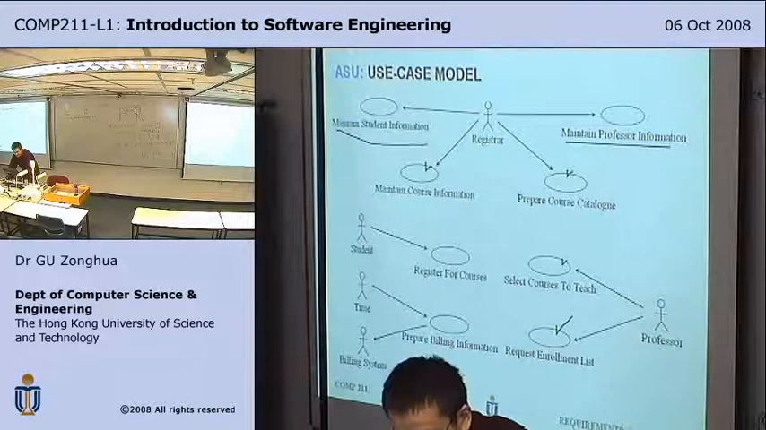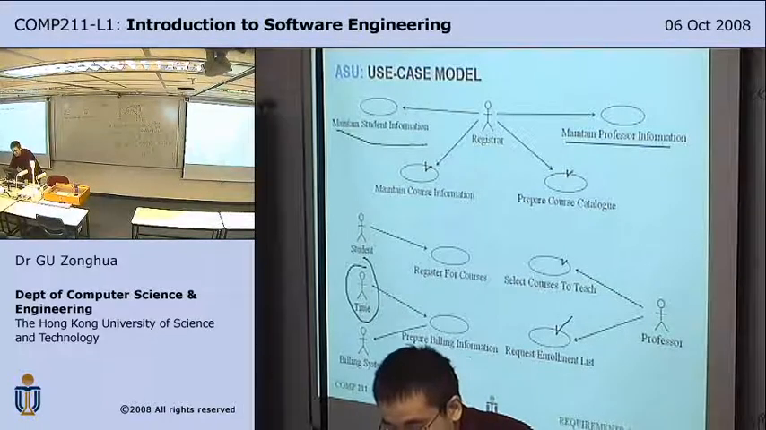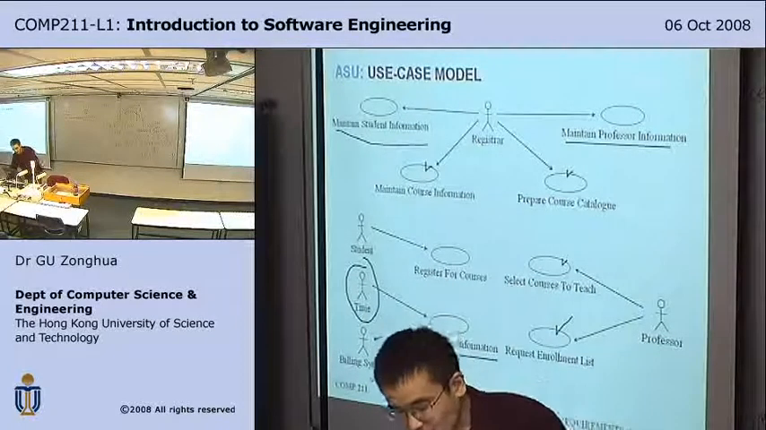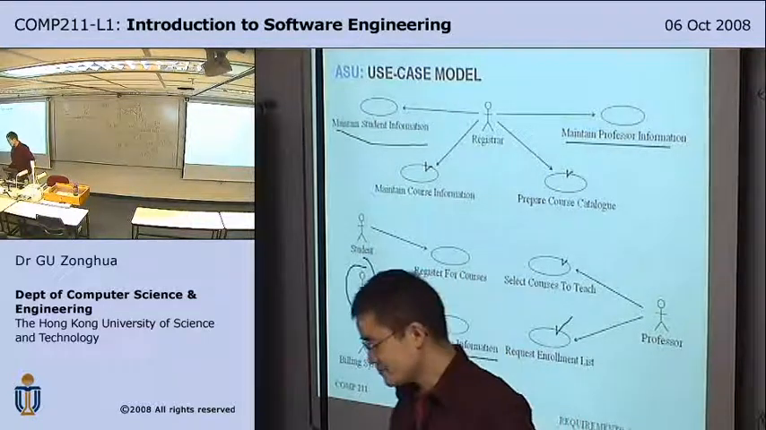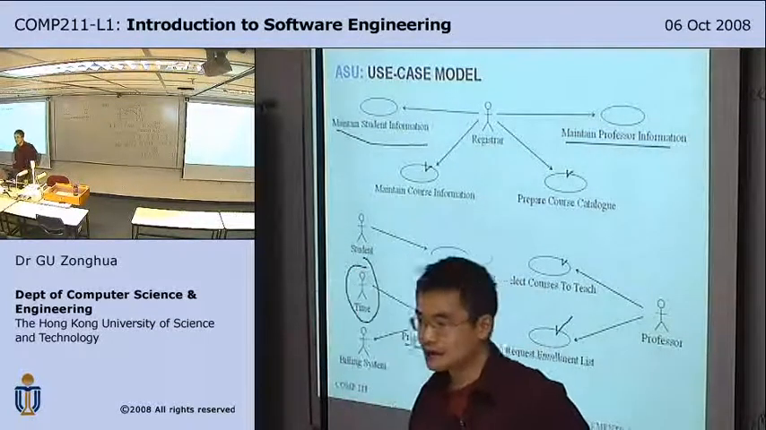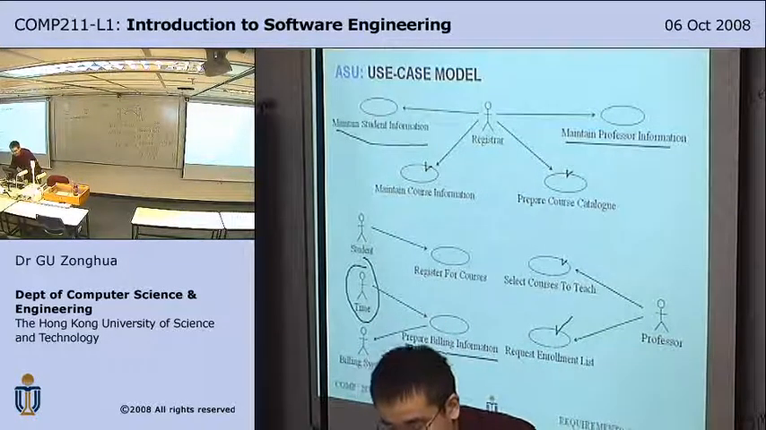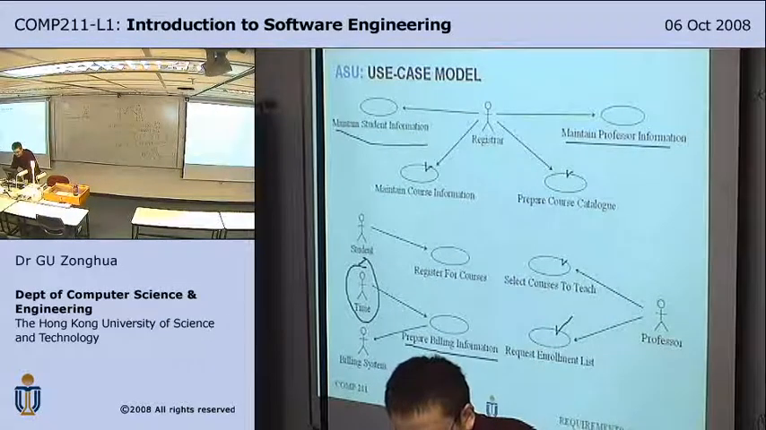So now we identify a new actor, time, for the prepare billing information. Remember, there's a someone prepares billing information we never identified. Now we add an actor, time, because you should prepare billing information at the end of the add drop period, right? It is triggered by a time, by clock. So it is not triggered by some other actor's action. So time is the actor that triggers the use case,